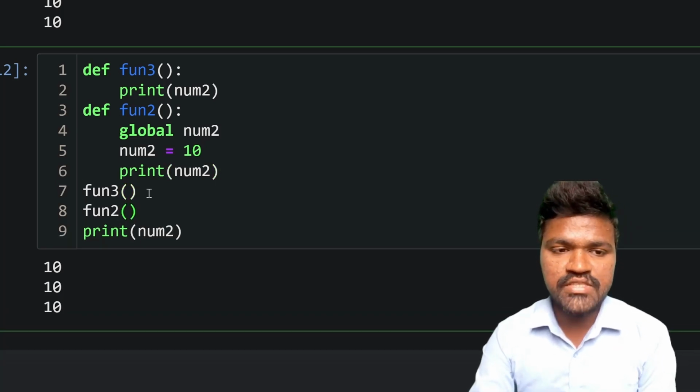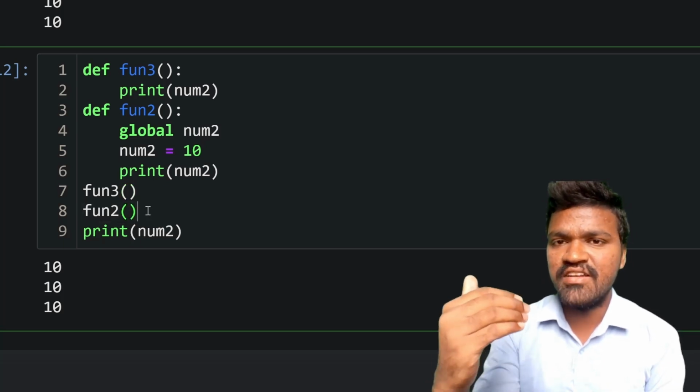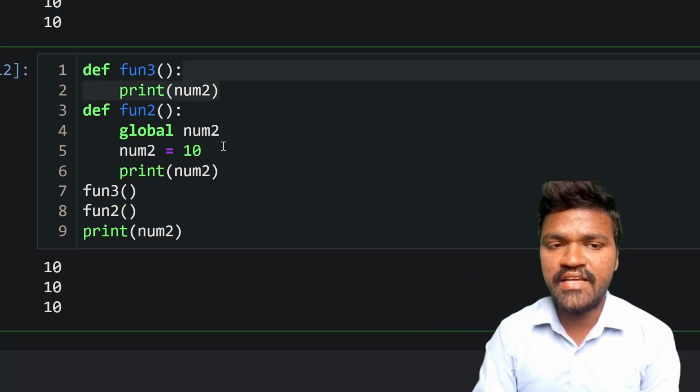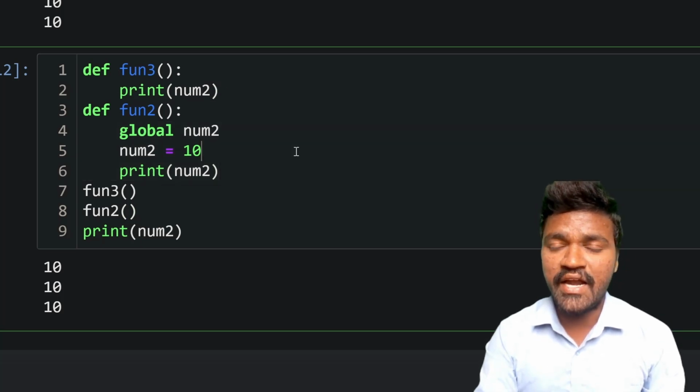First I am trying to call this function 3. After that, I will call this function 2. So the execution will start with function 3, it will execute first, and later function 2 will be executed. Now if I execute this, understand carefully,